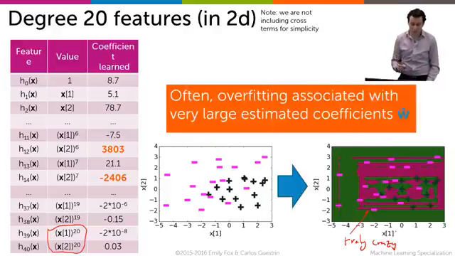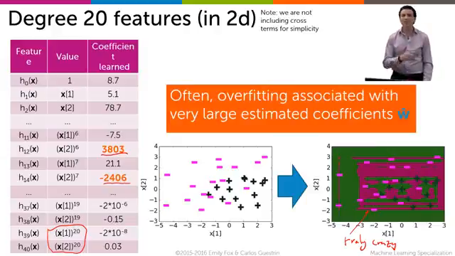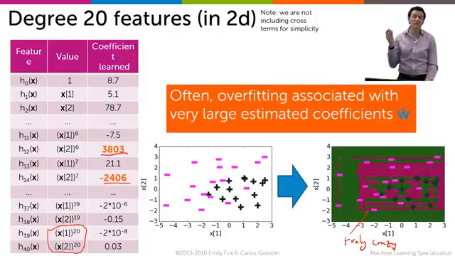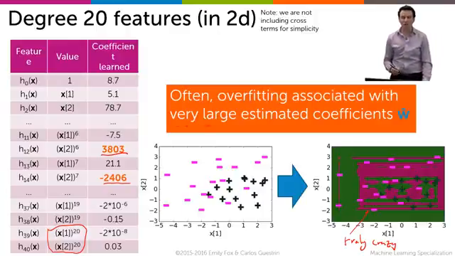And if you look at the learned weights, the coefficients are of the order 3,000, 4,000, minus 2,000. They're much, much bigger than that simple parabola that we learned. It gets all the training data right, but it's clearly overfitting, and it's clearly outputting very large estimated coefficients. And so we're going to watch very carefully the magnitude of those coefficients when we try